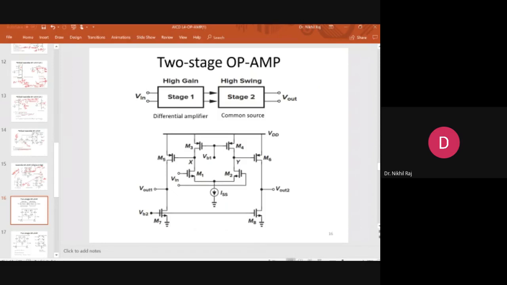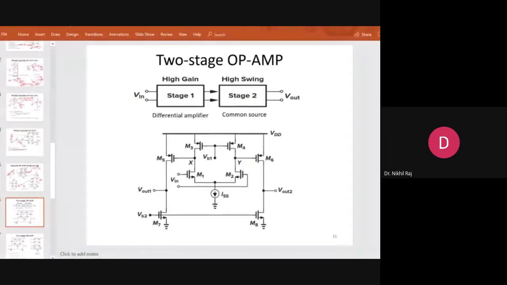So till now we have dealt with the single stage op amp and its applications like voltage buffer. Now, in all the single stage op amps, if I increase the gain by cascoding or folded cascode, and folded cascode again cascoding, they all limit the swing. This means gain and swing cannot both be made equally high. If I am increasing the gain I have to sacrifice swing. If I am increasing the swing, then I have to sacrifice gain or some other parameters.